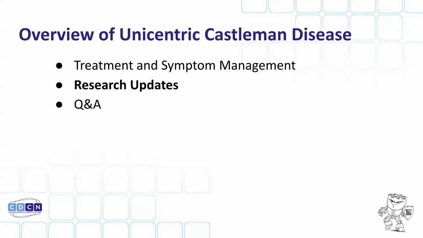Well, there are other next generation CD20 directed antibodies, like obinutuzumab, that can work a little bit better than Rituxan in killing B cells and helping to shrink lymph nodes that may get them to a point of surgical resection. And again, transitioning here to what I was saying about research updates, there